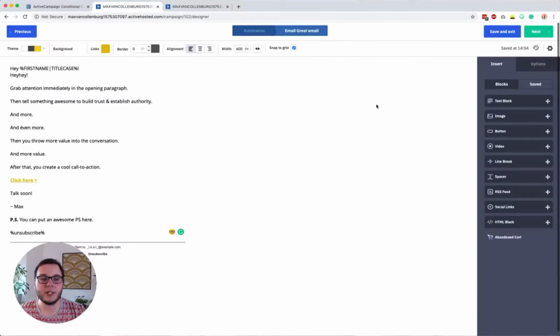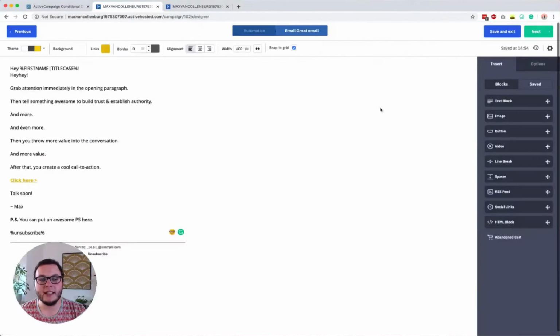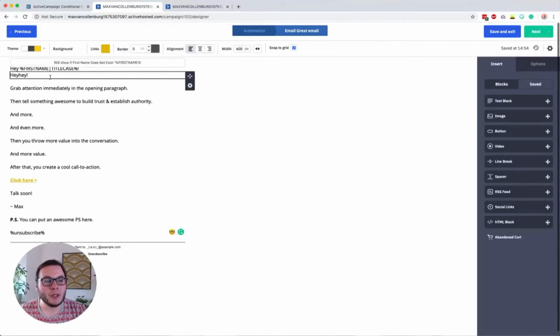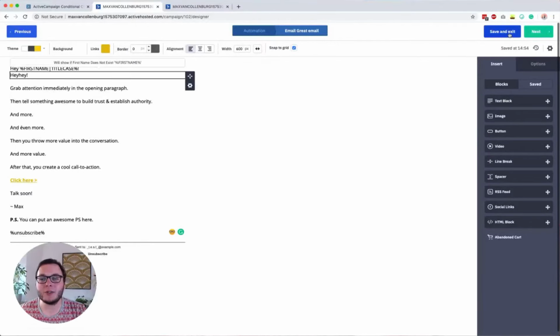For the second block, we make it conditional again, and then we say first name does not exist. That's already a very simple example of conditional content. Here it will say, hey Max, if I know their first name is Max. If we do not have their name, it will just say, hey, hey. It's pretty cool, right? You just have to add separate text blocks to do that.